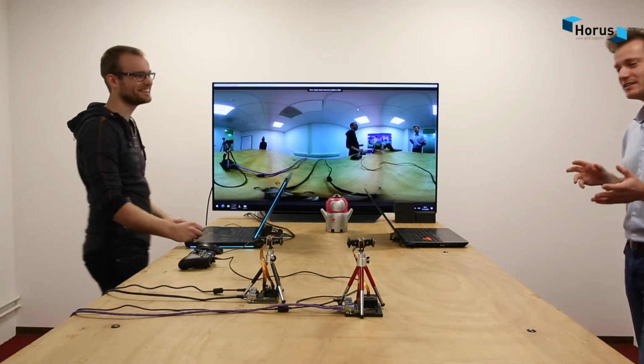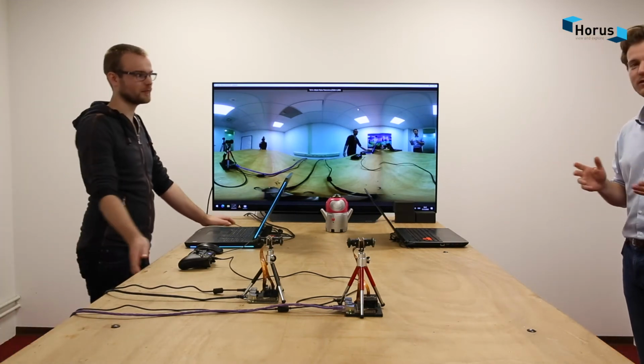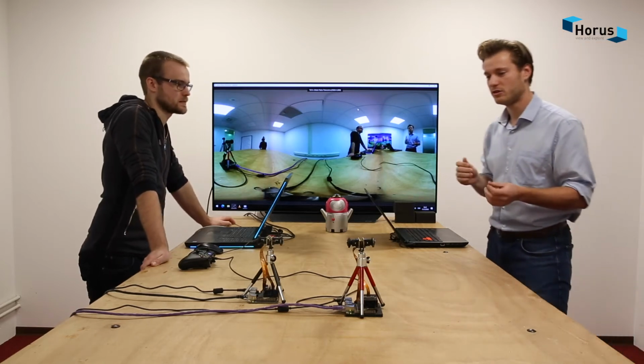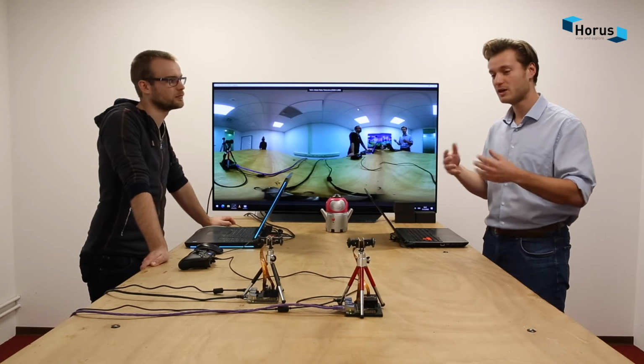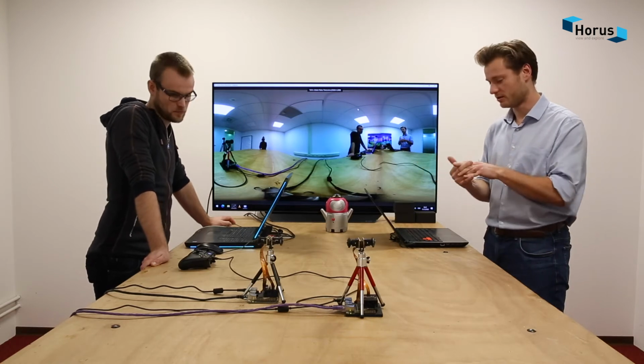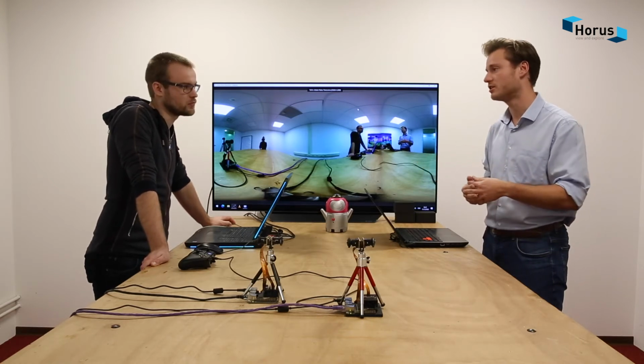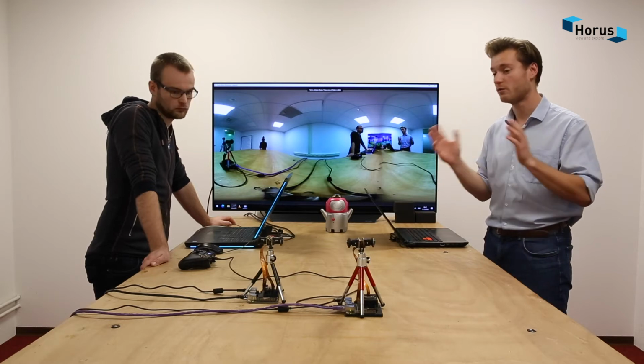But what you can see is that it's close to real time, and again, it gives you a stream which is 360, which has a very nice blend into each other and gives a good awareness of a 360